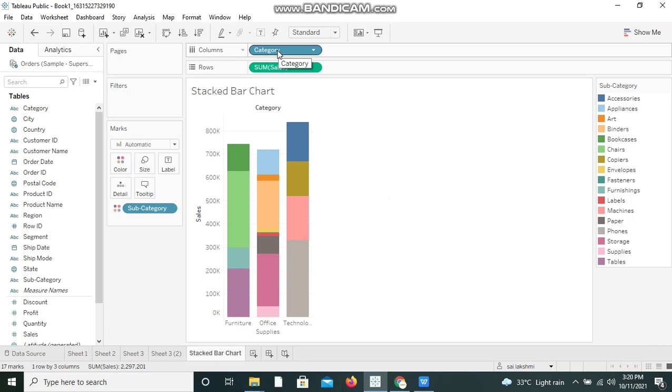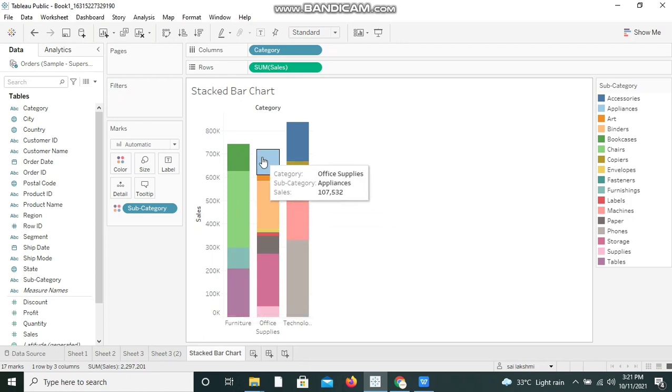For example, if we take category dimension in the column shelf, we have three categories over here: furniture, office supplies, technology. And in each and every category we have multiple subcategories. That's what we are looking over here. Under furniture category we have bookcases, chairs, furnishings, tables.